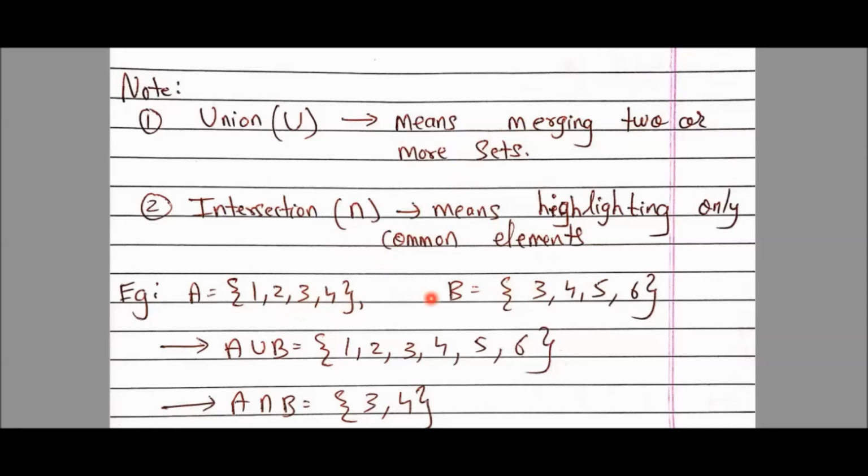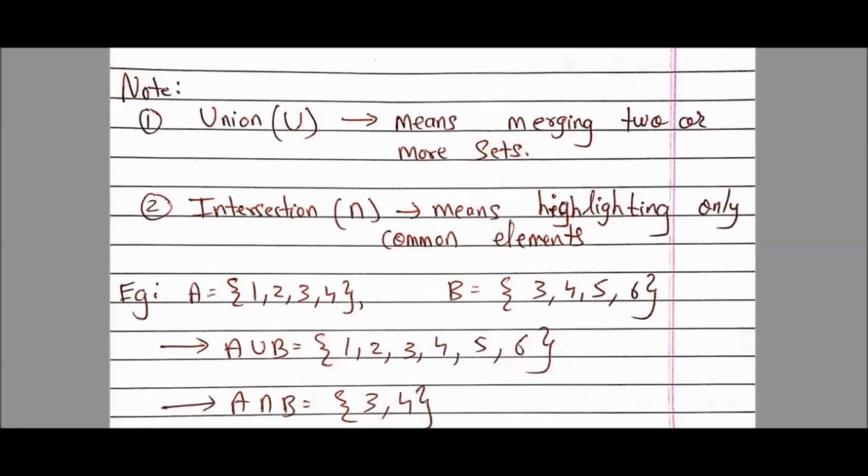So if I want to merge this, I just have to club it off. So 1, 2, 3, 4. I just copied from here. But if you see here, 3, 4, 5, 6 I have here. But 3 and 4 I have already copied here because it was there in the previous set A. So I'll just copy 5 and 6. I'll not write this 3 and 4. The reason is it's a property in sets that duplicacy of elements is not allowed. We cannot duplicate the elements. One element should exist one time only.